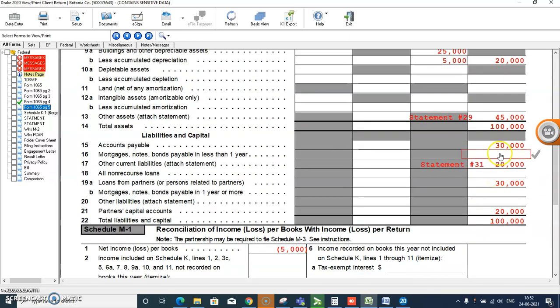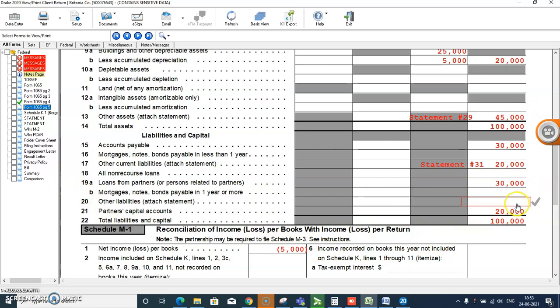So guys, I just need to clarify one thing here: I reported accounts payable $30,000, other current liability $20,000, and loan from partners $30,000. But the partners capital account, which is $20,000, I didn't report. It will automatically report. The total asset balance minus these three, which comes to $80,000, so $100,000 minus $80,000 comes to $20,000, and it goes to the partners capital account.